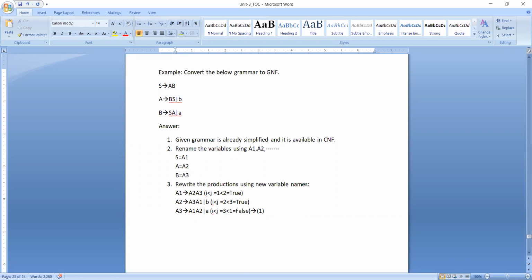As this condition failed here, we need to make some changes to our grammar in such a way that this condition becomes true. In order to do that, I am going to substitute A1 productions in A3.